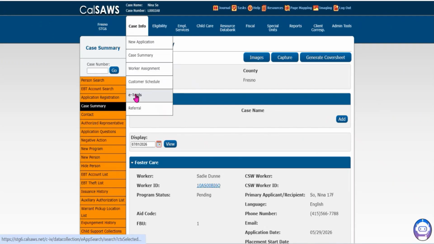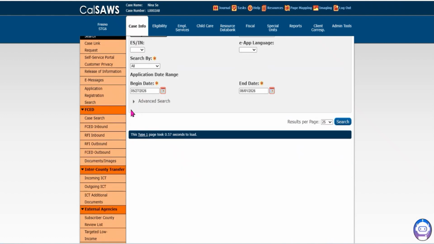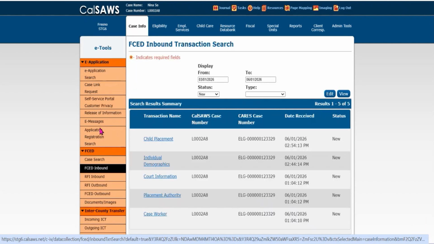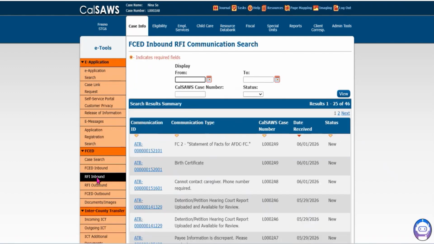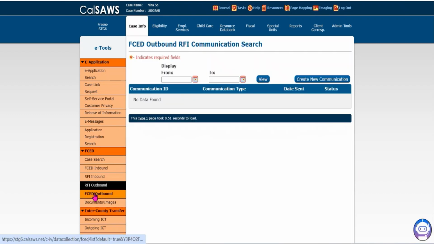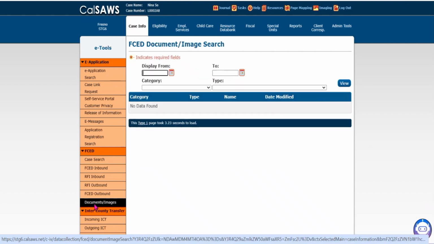Let's also take a look at what is available under e-tools when you are logged into a specific case. Here you will see there are a few more options. You still have access to the Case Search feature, but now you also have the FCED inbound folder, which provides you all the data that comes in for that specific case. You will also have the RFI inbound, the RFI outbound, FCED outbound, and the Document Images tab, where you will